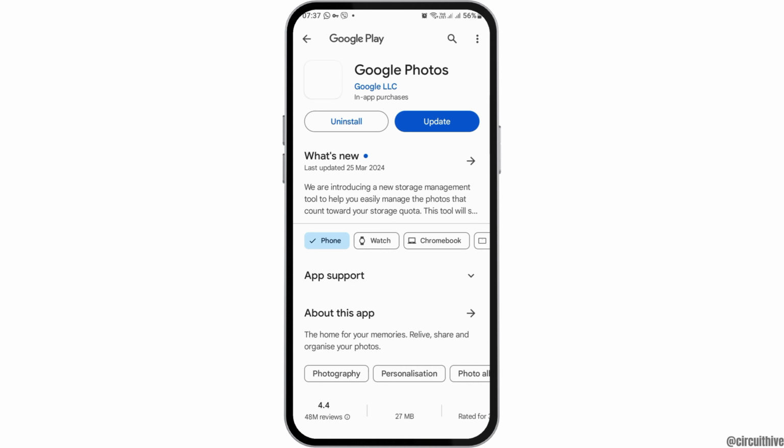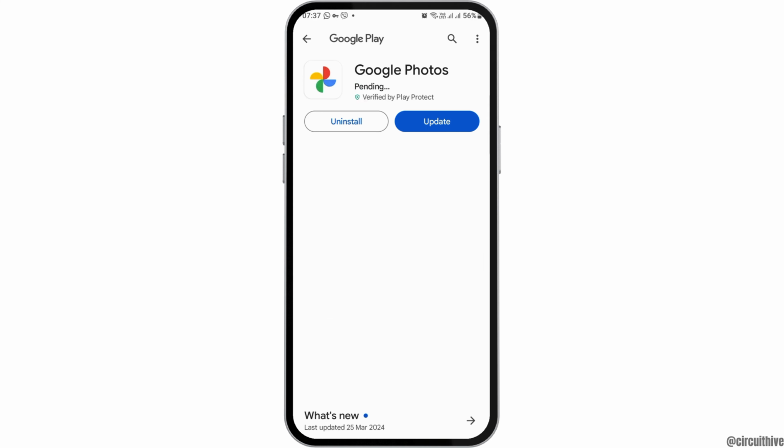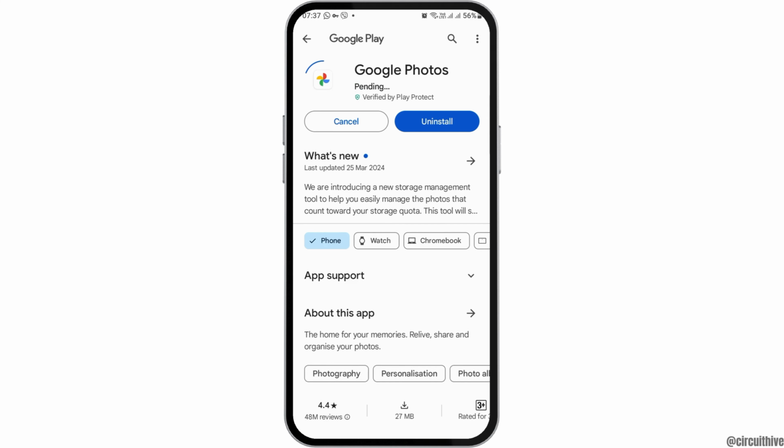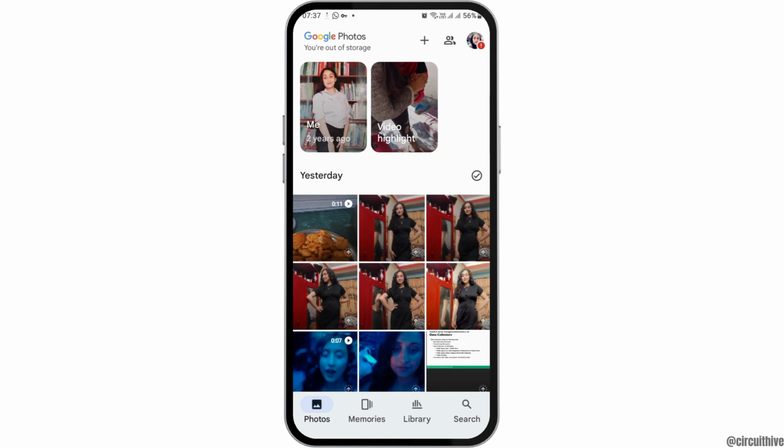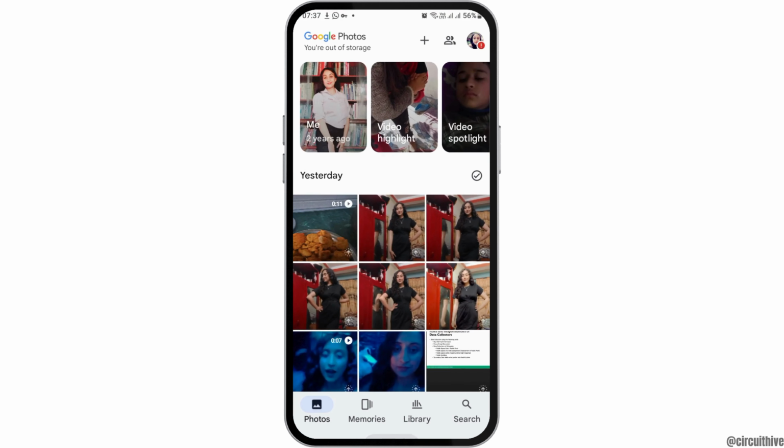So if you update Google Photos there, and you also make sure that your Gmail has enough space, now what will happen is whenever you click any photos, they will automatically be saved in Google Photos and backed up itself if you have set the settings of backing up, and then you have to delete all of the photos from the gallery itself, and this way your problem will be